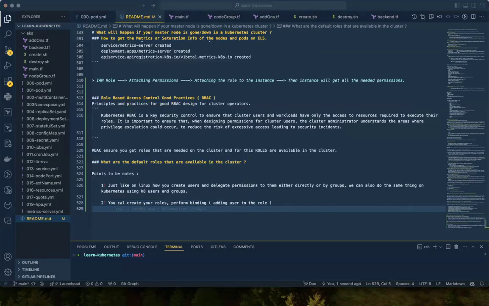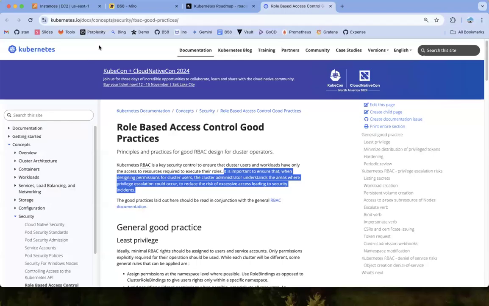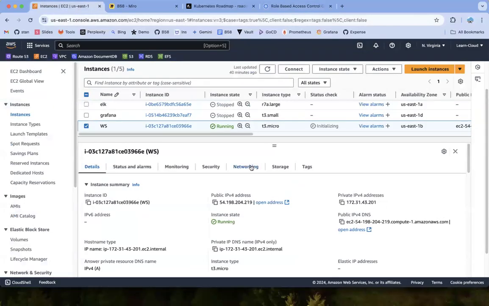In AWS, those who logged into the account can be given access, rather than creating the user on EKS. Typically, in AWS, I have signed in with my account. In your organization, you will also be signed in with your own account. Users who logged into the account can be given access rather than creating user accounts on EKS. In reality, no one goes and creates accounts on Kubernetes, because you are going to integrate your cluster with AWS authentication using